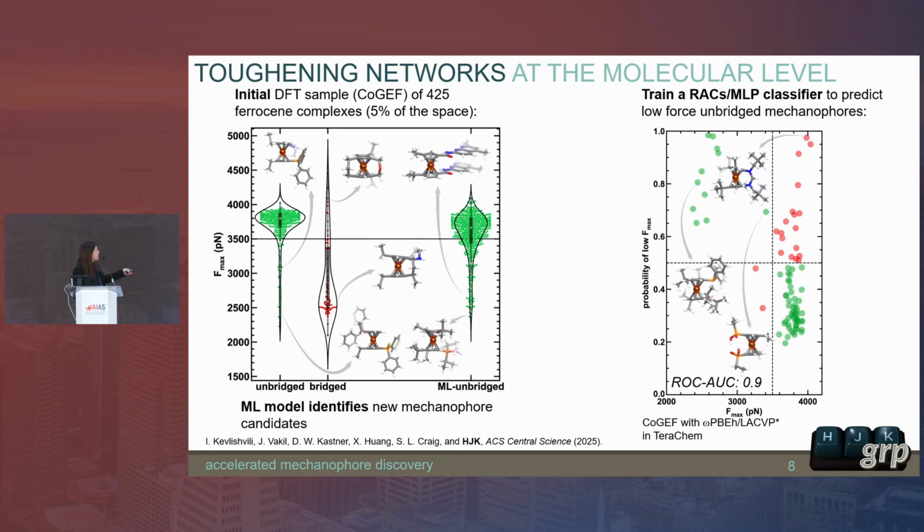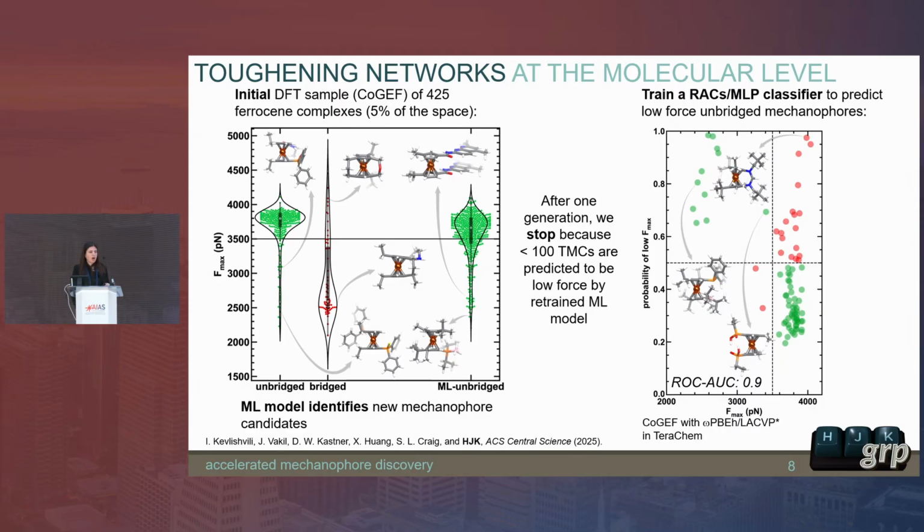And indeed, when we then recharacterized them with these force-imparted DFT calculations, we saw a significant enrichment in this tail. We saw many more compounds that had lower force, but were not bridged. Several of these designs were intuitive. If you had asked the experimentalists beforehand what's going to work, they would say, oh, maybe we can put a hydrogen bond between the upper and lower parts of the cyclopentadiene, and that'll mimic a covalent bond. It'll be a weaker version of a covalent bond. And we saw things like that. We saw things like pi-pi stacking, but we also saw a number of surprises that I will tell you about in a moment.